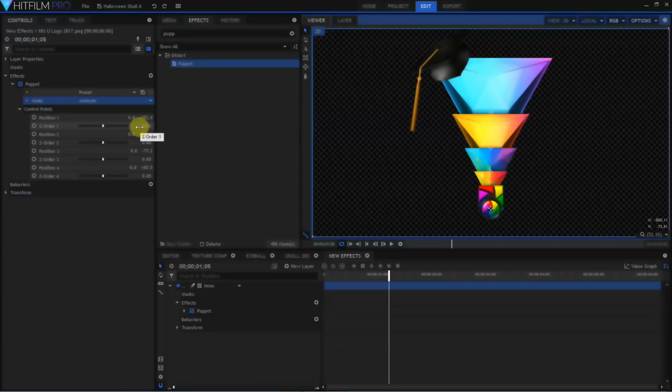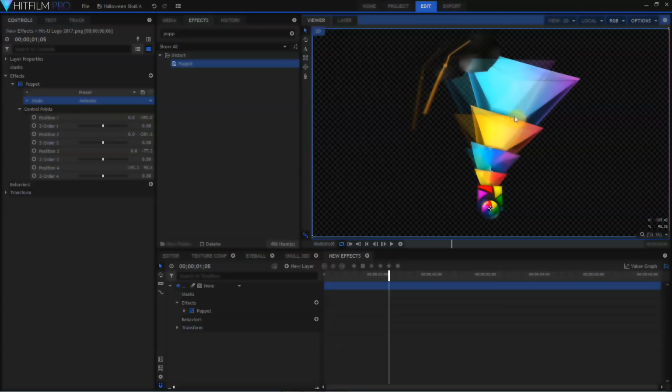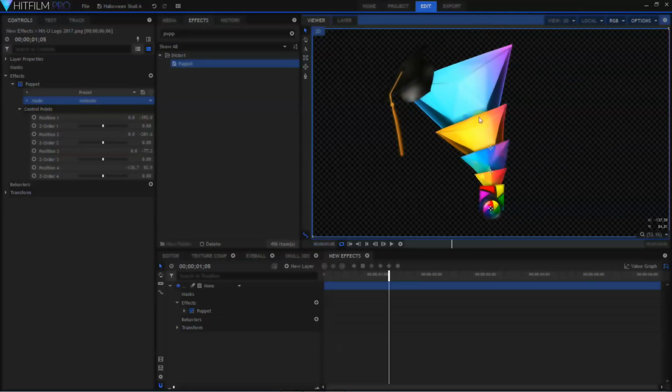This could be used on photos to subtly change somebody's expression. This could be used on a video layer. Perhaps you've shot a green screen of somebody who's supposed to be flying, but they're just standing on the ground. You could quickly use the puppet warp to point their feet out to hide the fact that they're standing on the ground. Or, if in the future you see a dancing animated HitFilm University logo, you know what tool I use to create it.